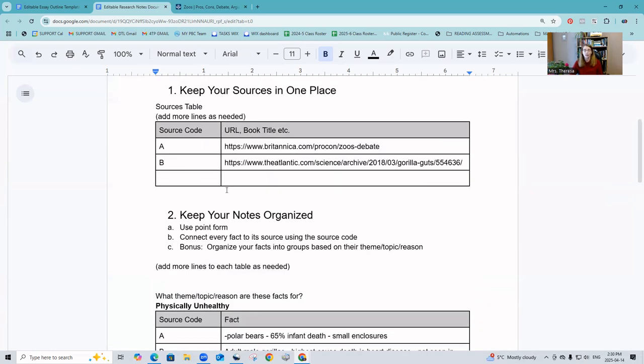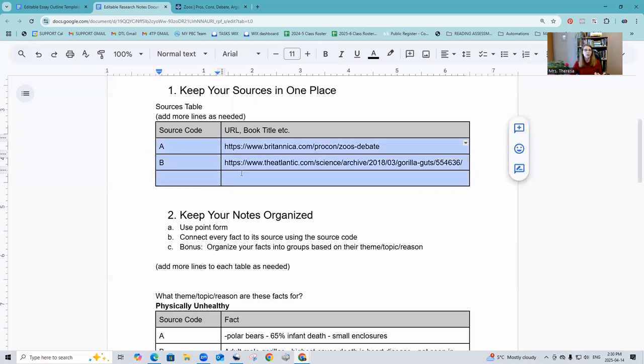Before we are done our research, we will have at least, in grade 6, 7, maybe grade 8, at least 3 sources that we're actually going to use in our essay. If we're in high school, we're going to have 4, 5, 6, 10 different sources that we're going to use in our essay.